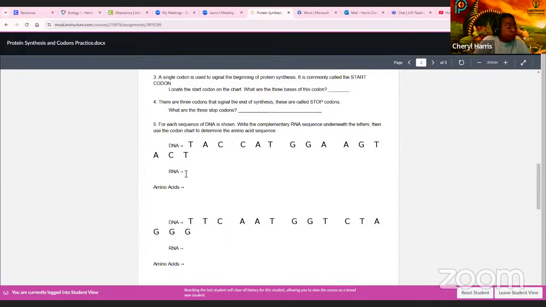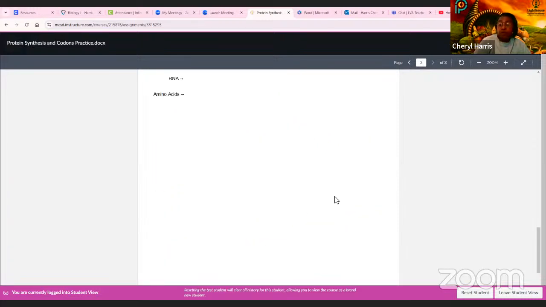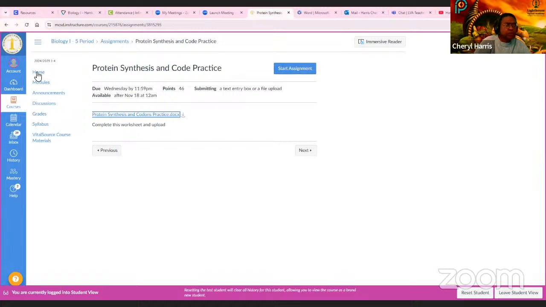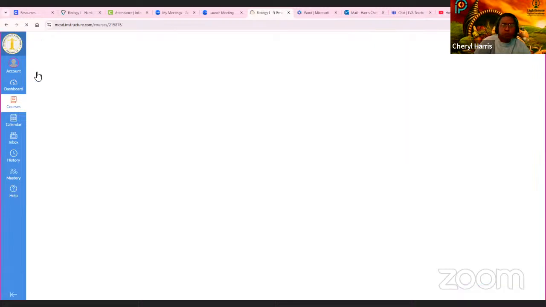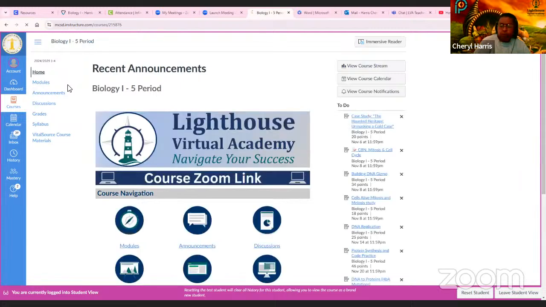Then you were supposed to create the complementary RNA strand. And based on your messenger RNA, like she said in the video, you are to go use the chart to find the amino acids. Okay, so you had 3 of those to do. Then you were supposed to, yesterday's assignment, or for you all it was Monday, was to